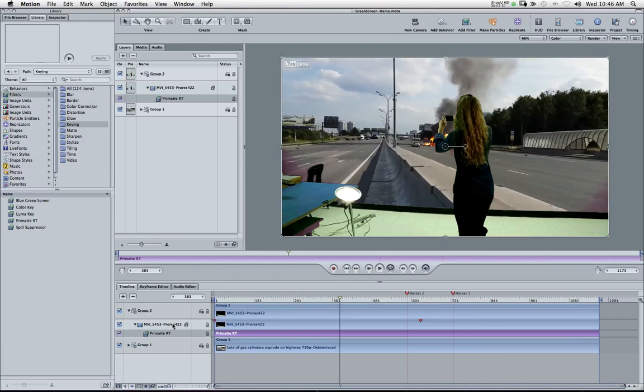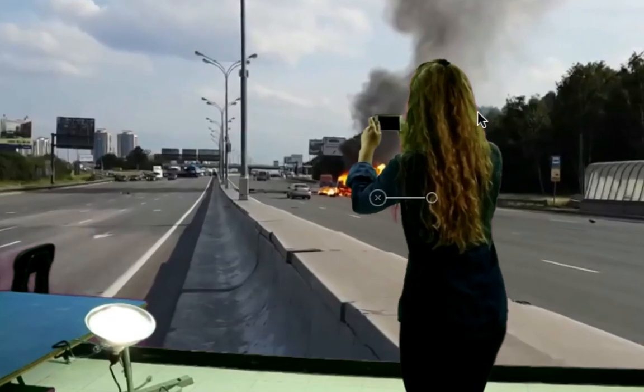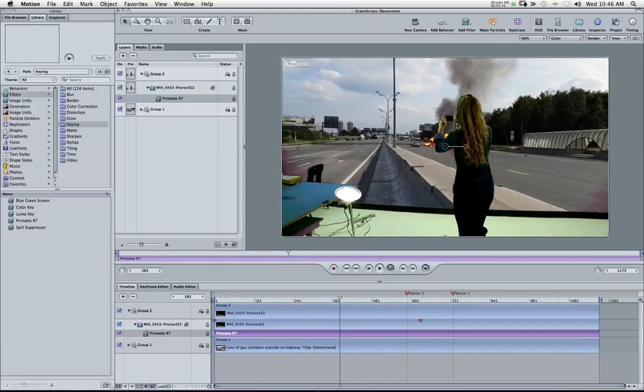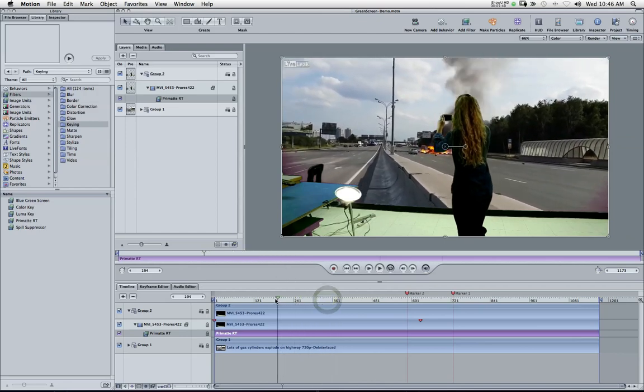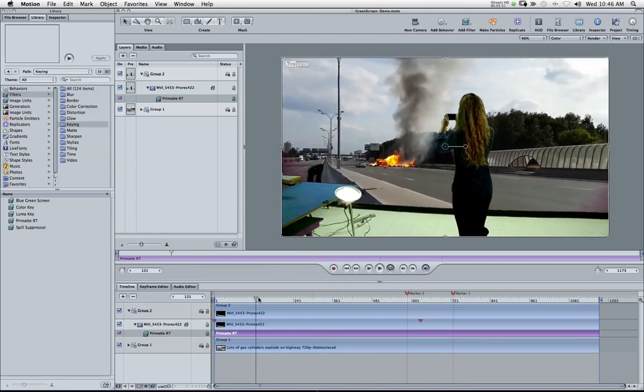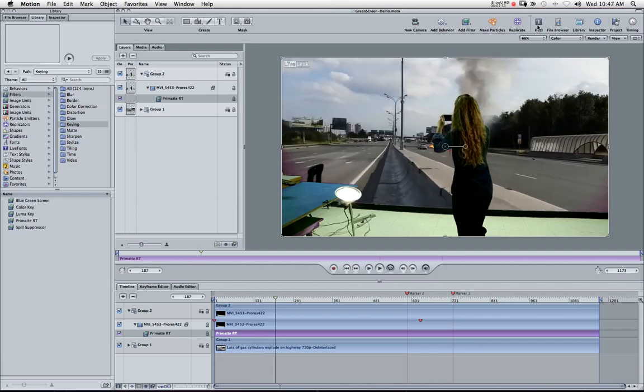It does a really good job right away. I mean, I really didn't have to do much at all. You can see that there's still like a red halo around her, and there's some green coloring in her hair. That's normal stuff that we're going to get rid of in post. But it looks pretty good. Now, one of the things you can do is turn on your HUD,